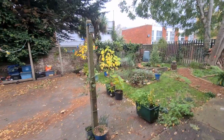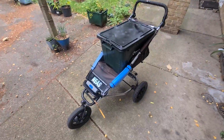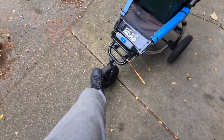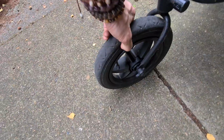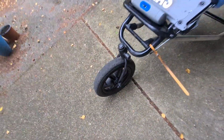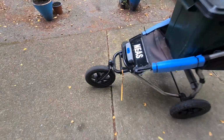I've got to go into town now. We'll take another look at the buggy. Front tyre, sadly, keeps going down continuously. I thought it was the valve, but it's probably the inner tube. It's a pretty tough tyre, so I can keep pumping it up, and it will stay up for a little while, but I'll probably have to order a new front tyre for it, or look at the